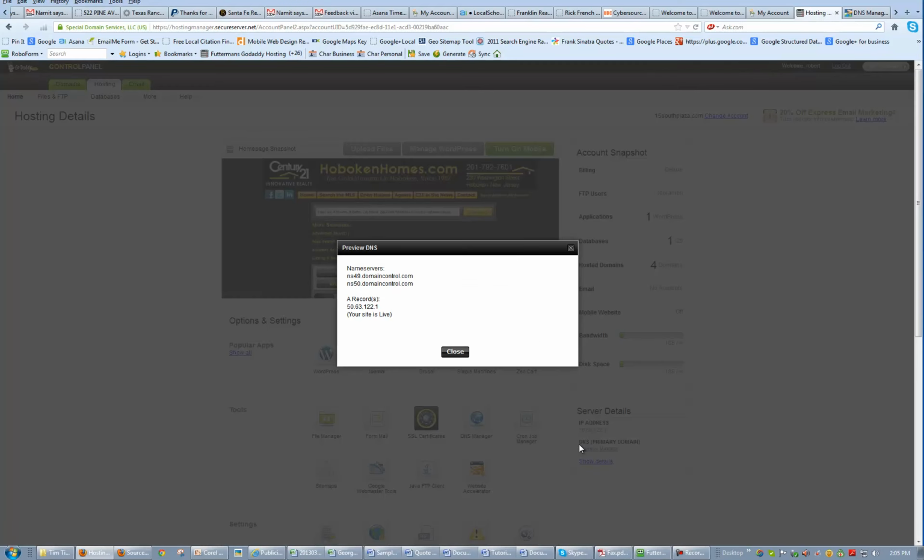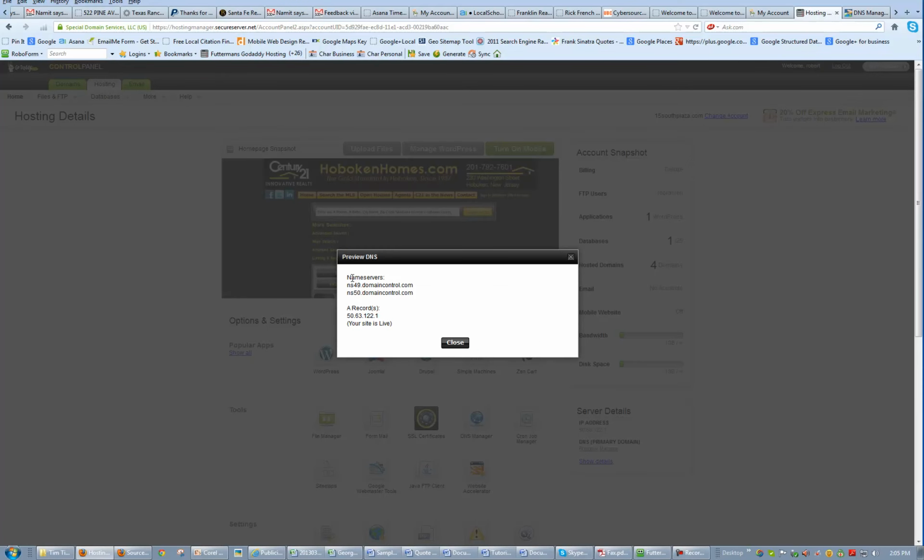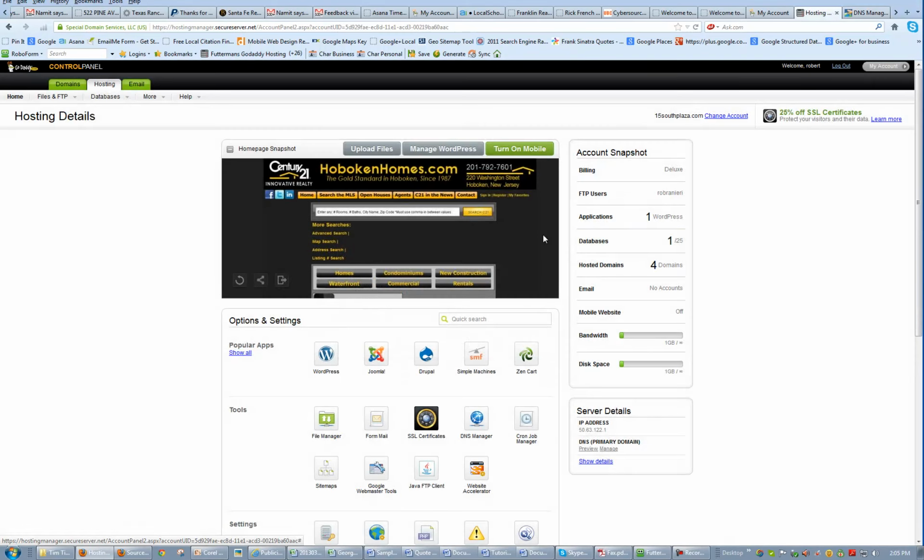You can preview this and look at these. These name servers are not the ones that you're going to use to set this domain name up. They would be if this was the primary domain, but when you're setting up secondary domains for other purposes within a hosting account, that maybe you want to make multiple websites within this hosting account, this is not always going to work. So the best way to do it, like I said, is to add the domain name